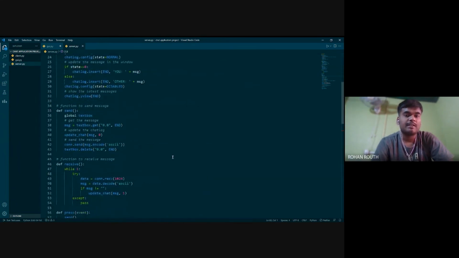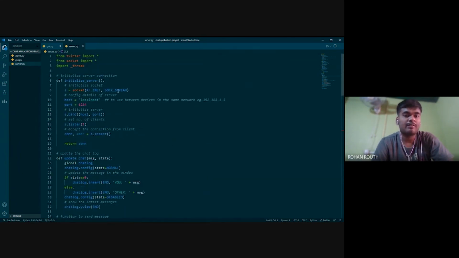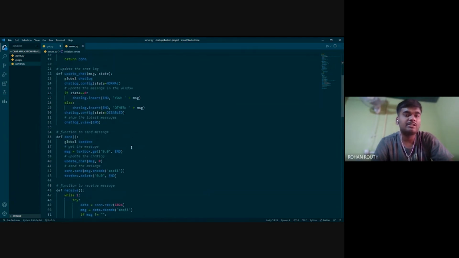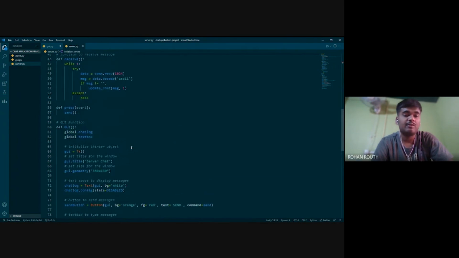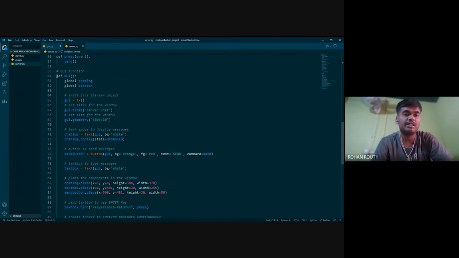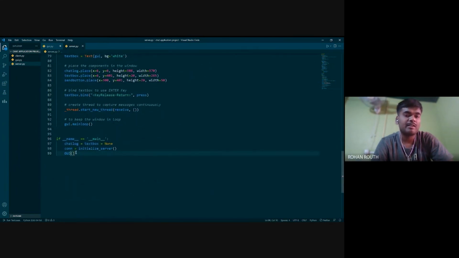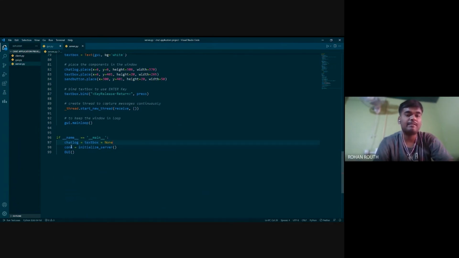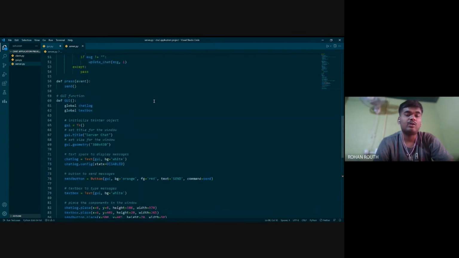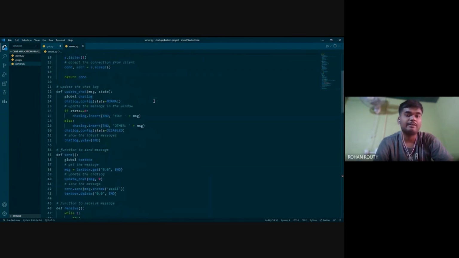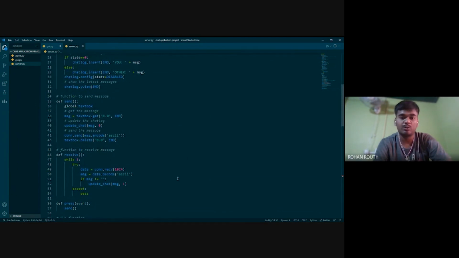Okay, so after creating the server and all the three functions, that is updating the chat, send and receive, and we created the GUI before only. This part is also done. So the last part is in this main function. First we'll be calling the server. This text box would be first set to none, so it will be empty there. Then we'll be setting up the connection, initialize the server, and then we'll call the GUI. The GUI will be called, and then all of this sending and messaging part can be done there. So it's very simple. Then I'll just show you how to do it.